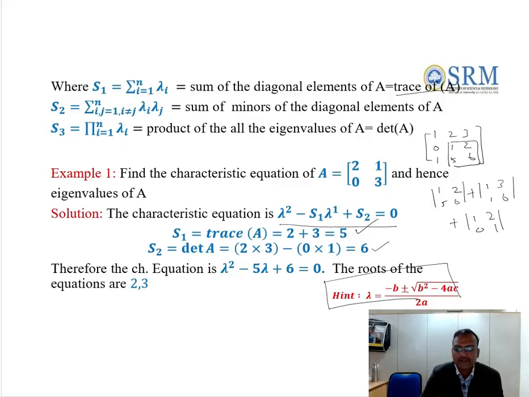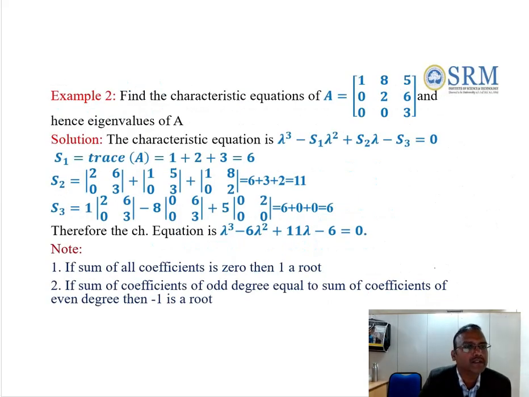We have to use this formula, lambda equal to minus b plus minus under root b square minus 4ac upon 2a, right? Yes. Now let us see the second example. Find the characteristic equation of the matrix A equal to 1, 8, 5, 0, 2, 6, 0, 0, 3, and hence find the eigenvalues of A. Now the general formula is